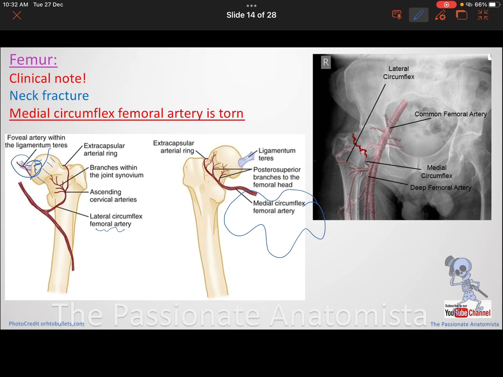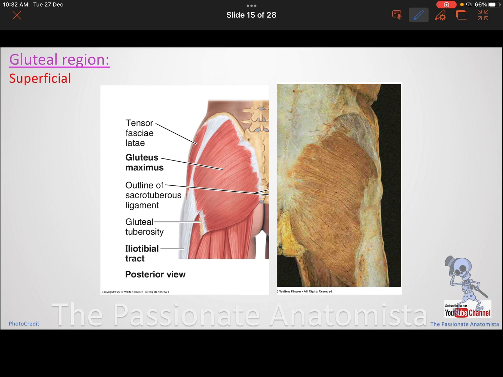of head of femur. This is going to be from the obturator, but this is not going to be enough. Now, moving to the muscles of the gluteal region, we have a very big muscle, and that muscle we call it the gluteus maximus, because this is the biggest one. It takes its origin posterior to the posterior